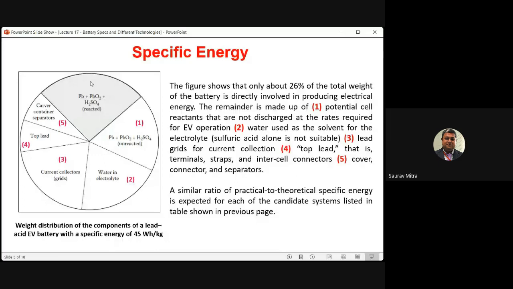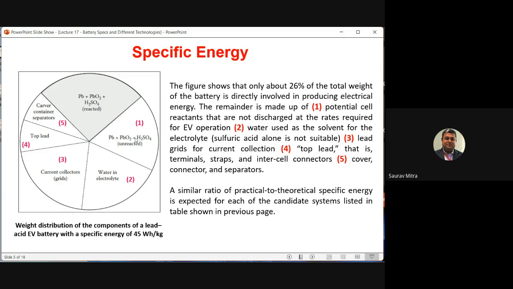They are actually the energy generating material. So this is the 26%, nothing but the reactant. And remaining 1, 2, 3, 4, 5. So what is one potential cell reactant that are not discharged at the rates required for EV operation. That means they are also this one number, okay, in the pie chart, what you are finding is they are